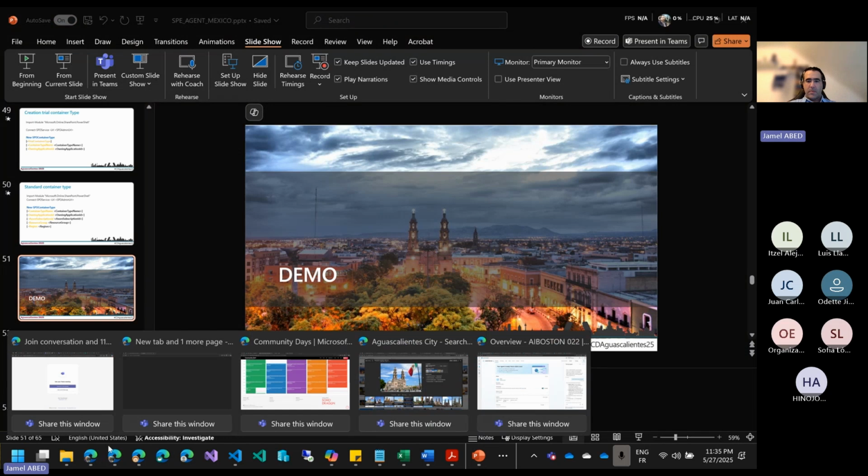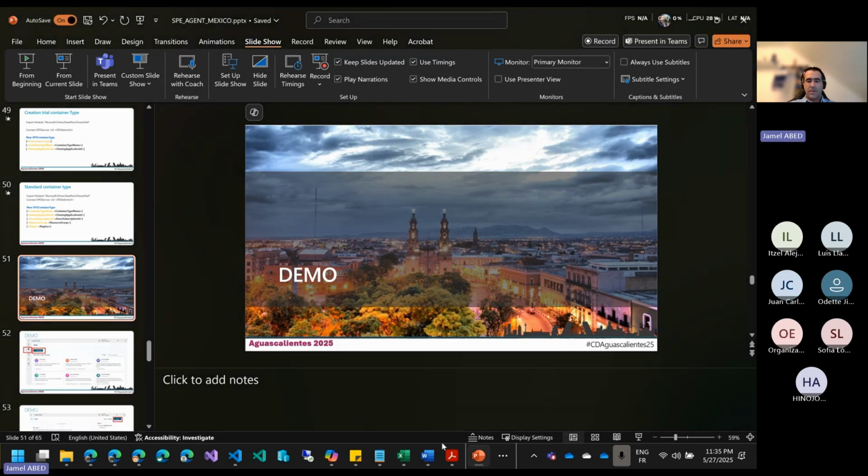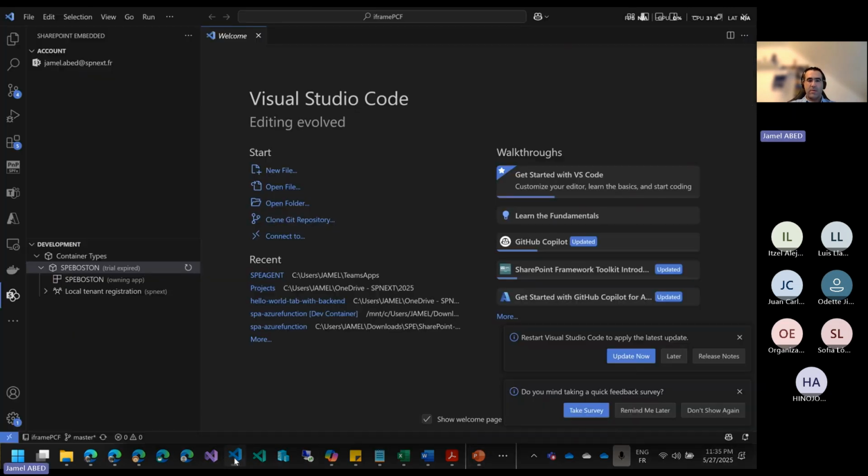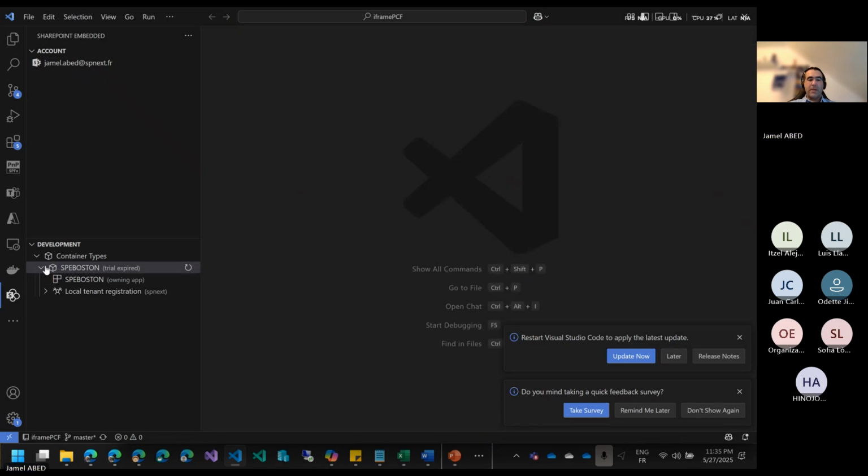Here in the demo, I will show you the Visual Studio Code extension. Here I have my Visual Studio Code. On the left, I have the SharePoint Embedded extension. Here I'm connected with my user, and you can see it says trial expired, but it's not expired, it's just not refreshed. And here I have a container type, SPE Boston, because two weeks ago I delivered a session